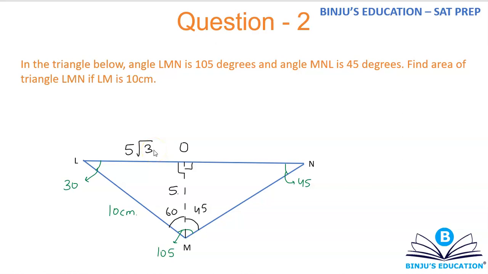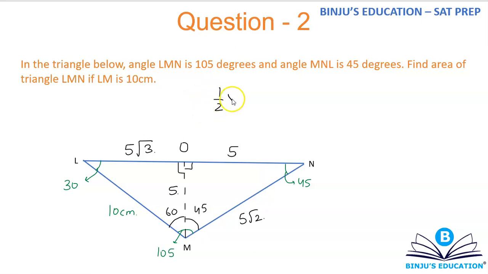Now come to the other side of the triangle, that is MON. Opposite to 45 you will see 5, so opposite to the other 45 you will again have 5, and opposite to 90 you will have 5 root 2. Now you can calculate area, perimeter, whatever they ask. If it is about area, you can do half into base into height. I'm going to take base as LN. My height will automatically become OM.